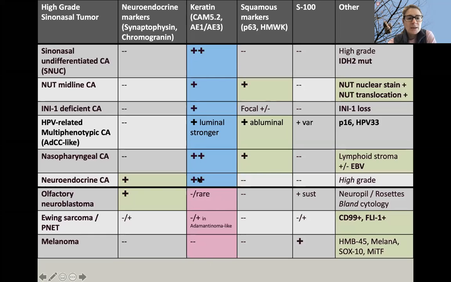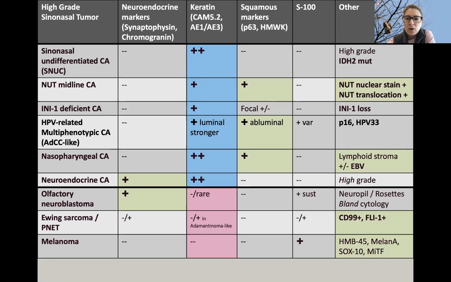When we're dealing with the various types of carcinomas, they have some markers and some genetics that might differentiate them. So for example, if you're in the nasopharynx and you're dealing with something that has squamoid differentiation, you might be dealing with the nasopharyngeal carcinoma that's expressing Epstein-Barr virus. If you're dealing with a so-called INI1 deficient sinonasal carcinoma, that's defined by loss of INI1 or SMARCB1 gene. We have NUT midline carcinoma, which involves translocation with NUT